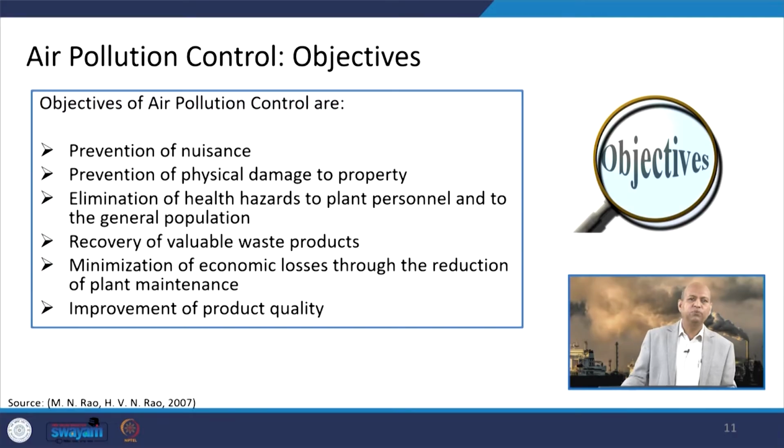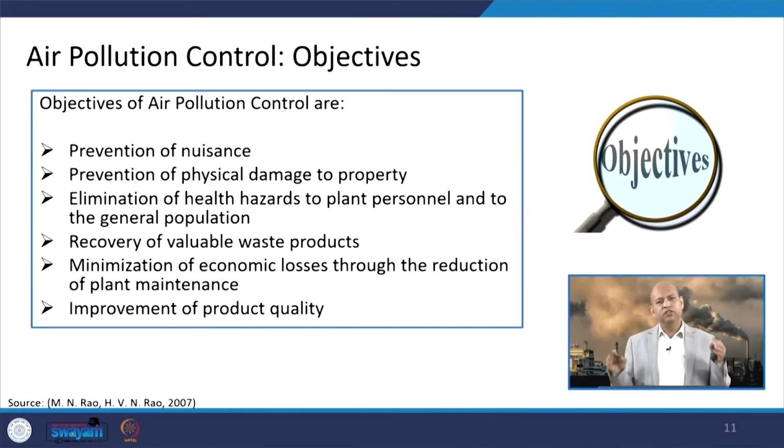Well, now if we talk about the objectives of air pollution control. So, what is the objective? As we know, objectives are like prevention of the nuisance because of these pollutants, or prevention of physical damage because of these pollutants. Then elimination of health hazards to plants or people when they get exposed to these pollutants. So, if we reduce or control the pollution, then we are eliminating those kinds of possibilities, or recovering valuable waste products. Sometimes it is also important. You can capture sulfur dioxide in terms of sulfuric acid, or those kind of phenomena can also be there,